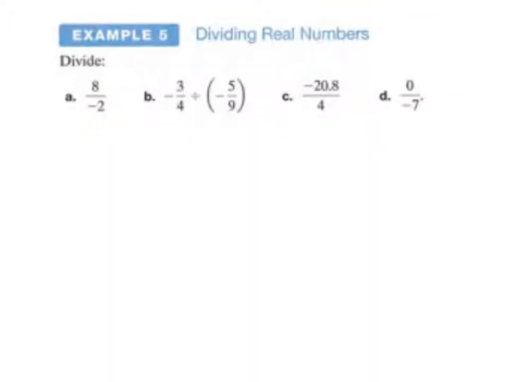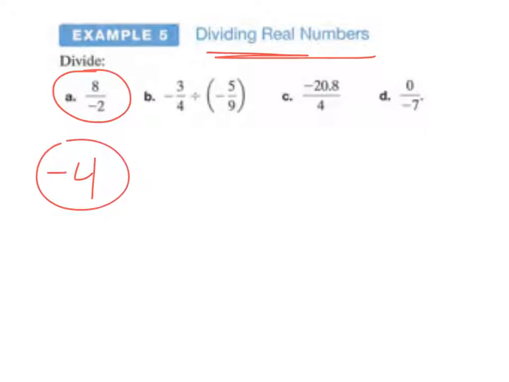There are two types of division of real numbers. One is when you just have a fraction. In a fraction, it just means divide 8 by negative 2. So in your calculator, if you divide that, you'll get a negative 4. But when you have two fractions, we have to go through the process. And the process is keep, change to multiplication, and flip